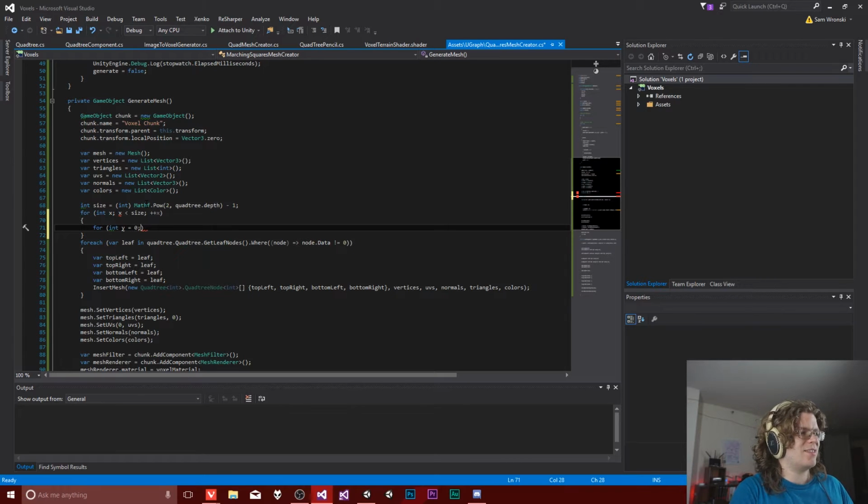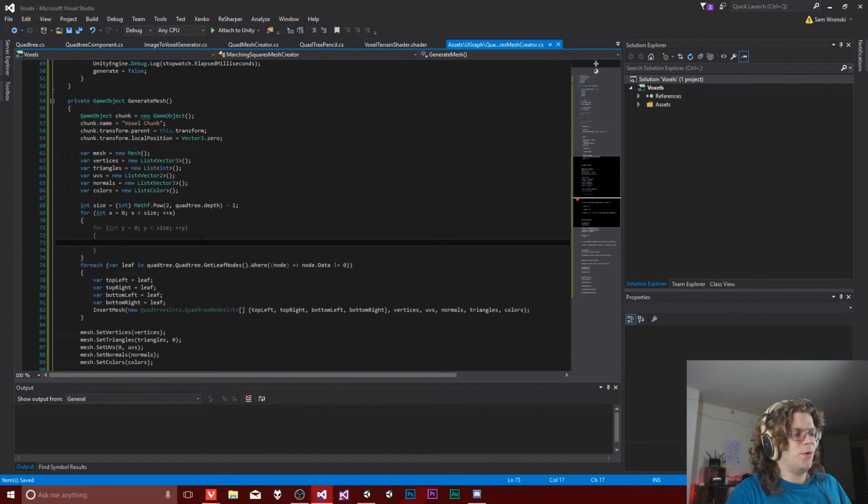Let's actually initialize this correctly. And we should be good after this. So we're not totally good, but we're getting there. So this is going to iterate over our array. What we need to do now